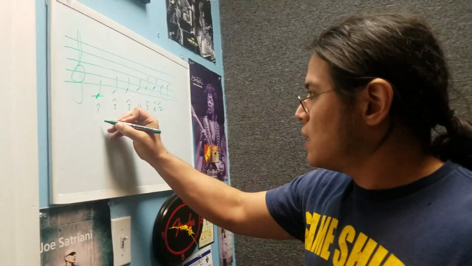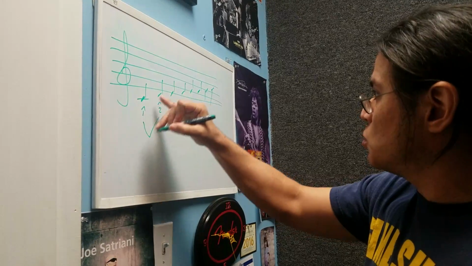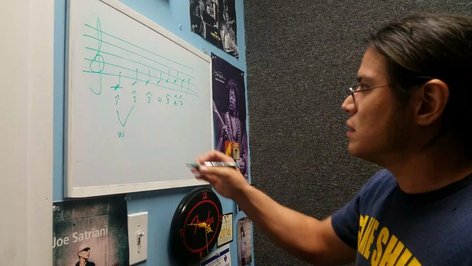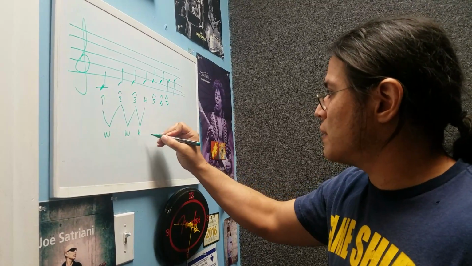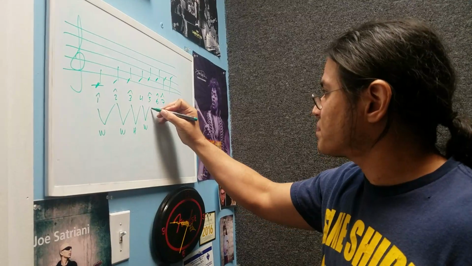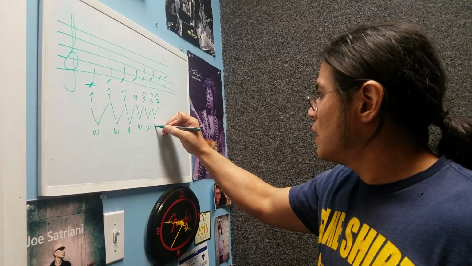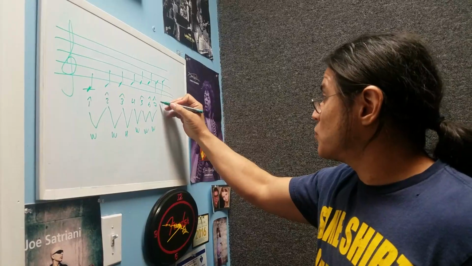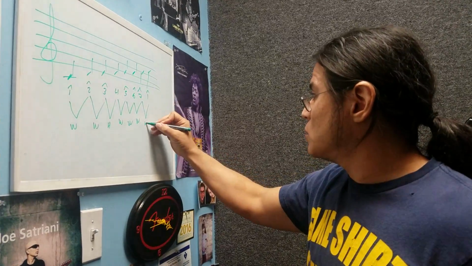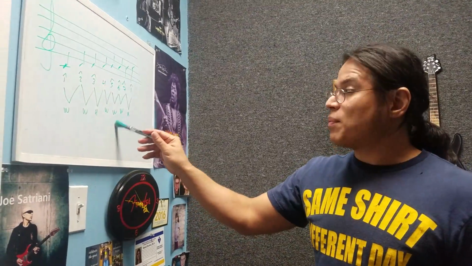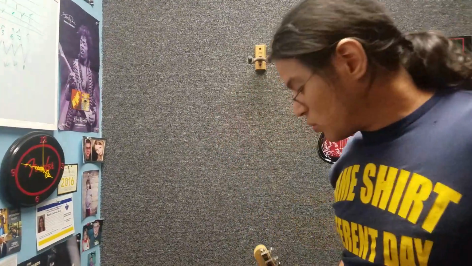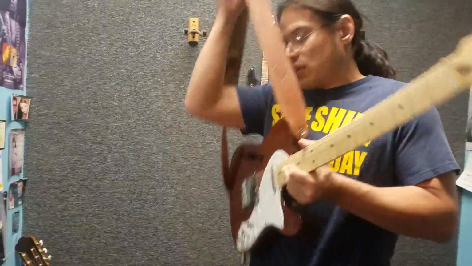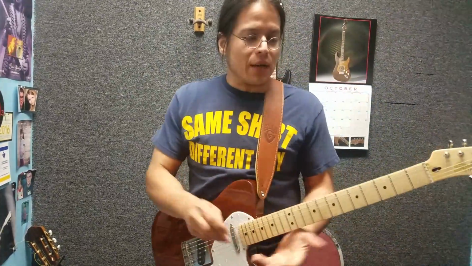For now, let's understand that the distance between these two notes is a whole step, or a major second. We have another whole step here, then a half step here, a whole step, a whole step, a whole step, and then finally let's put 1 here. From 7 to 1, we're back to a half step. So the formula of the scale is whole step, whole step, half step, whole step, whole step, whole step, half step. What does that mean in terms of distance? If we were to play that on the guitar on a single string, you can see that a half step or a minor second